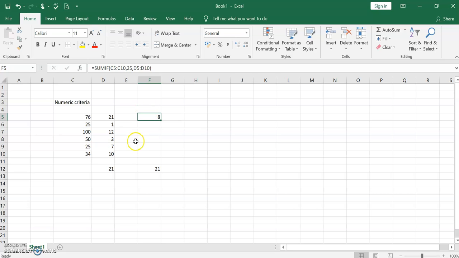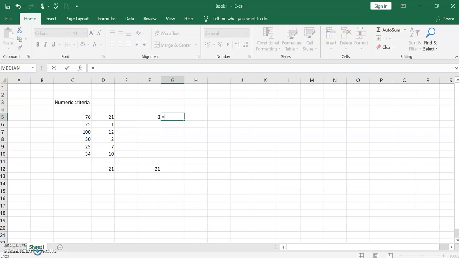And similarly, the same function I can give like the previous one, with a particular cell value. For example, I am giving SUMIF. So in SUMIF, I am giving the range C5 to C10, and I'm giving the criteria.